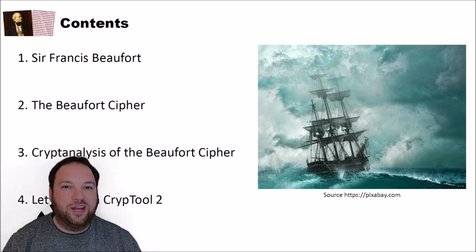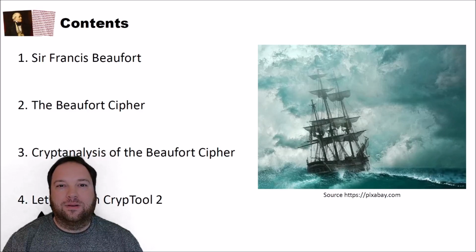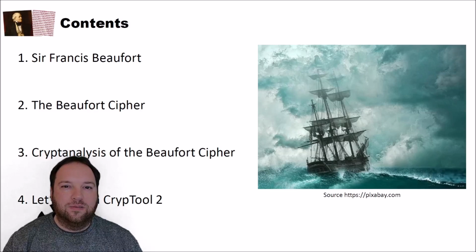A viewer of this channel asked us if CrypTool 2 is able to encrypt and decrypt using the Beaufort Cipher. And it was able to decrypt and encrypt, but not in a single component. You had to combine several components to do so. So over the last weekend, I implemented the Beaufort Cipher and the cryptanalysis in CrypTool 2. And in today's video, I will discuss the Beaufort Cipher, its cryptanalysis, and I will also show you how it